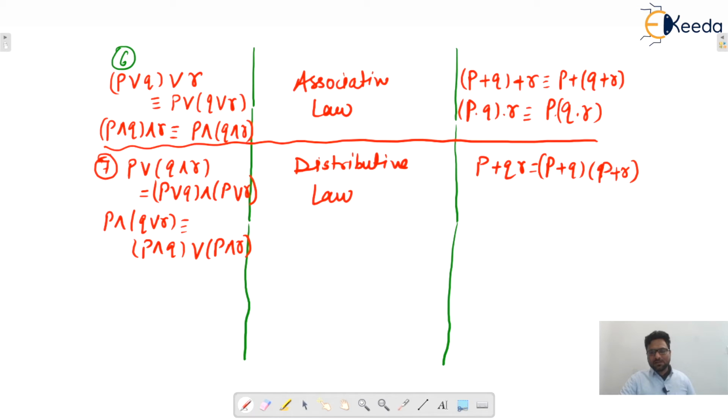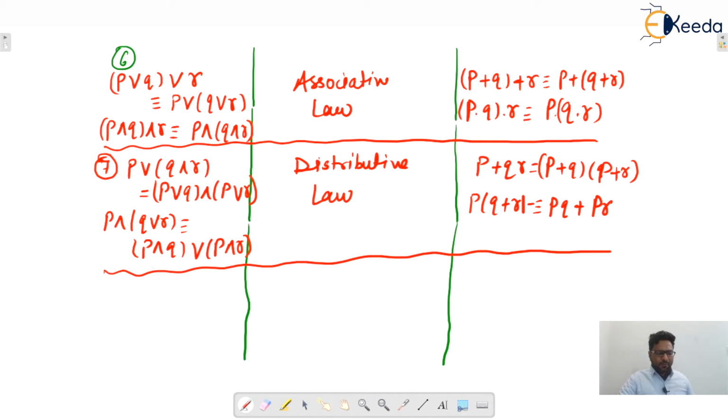So guys, remember, sometimes the dot is not represented. If there is nothing in between two propositions, then the dot is there in the case of Boolean algebra, isn't it? Next one, this is your P dot Q plus R, which is equivalent to PQ plus PR, isn't it? Write down the next one, that is the eighth one.